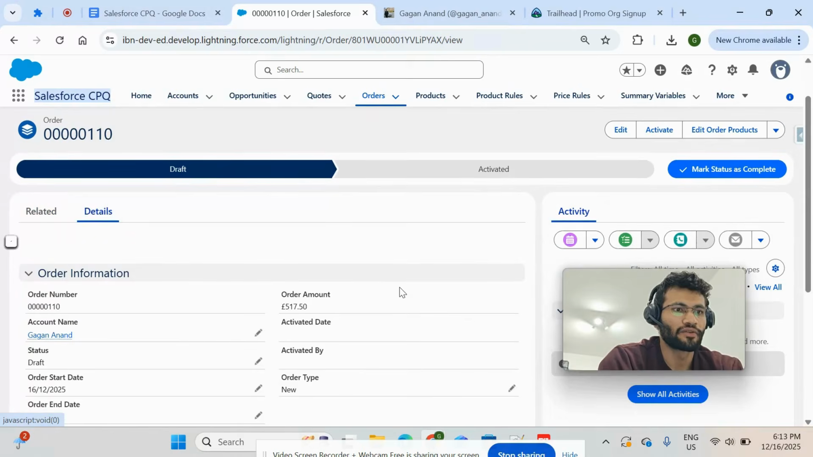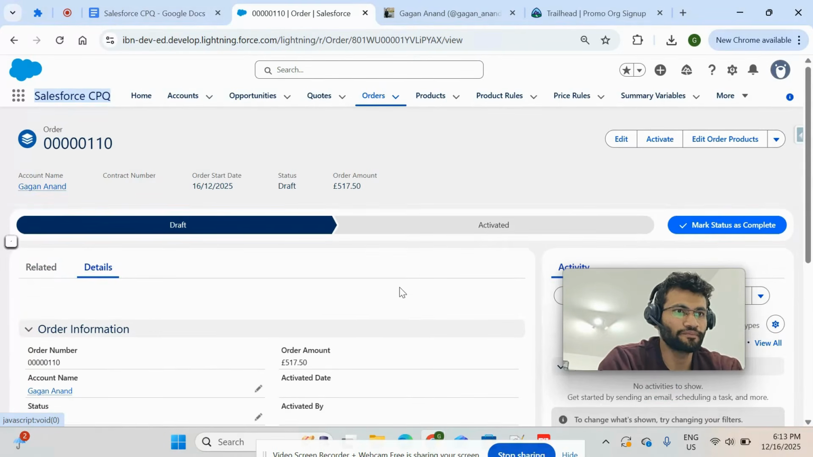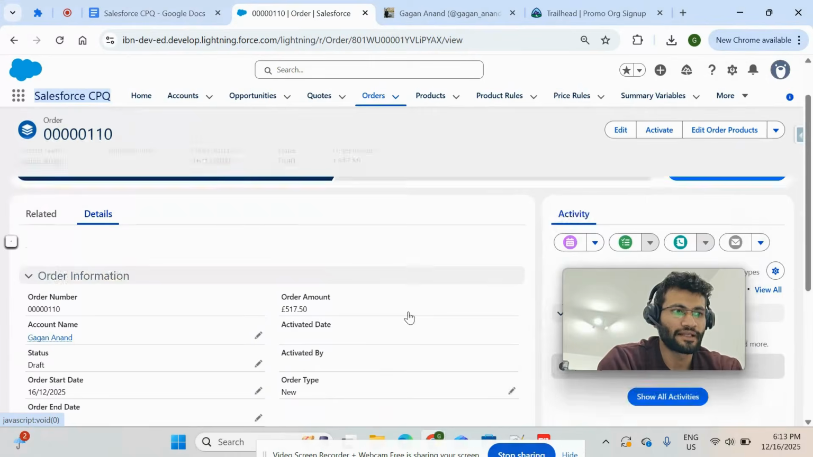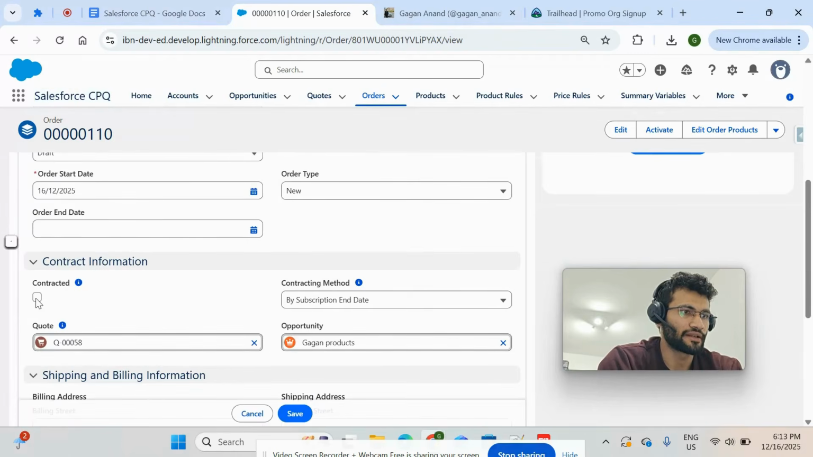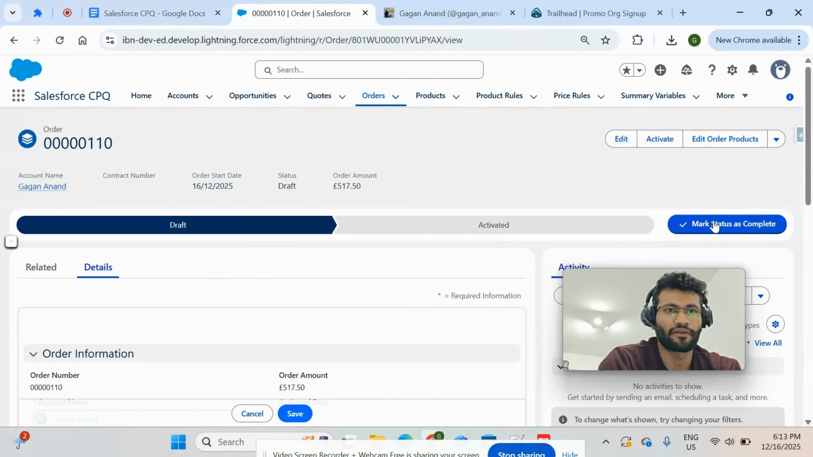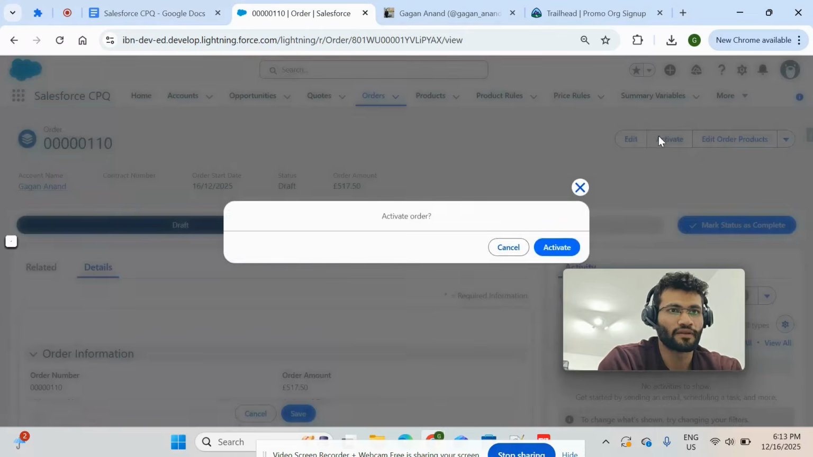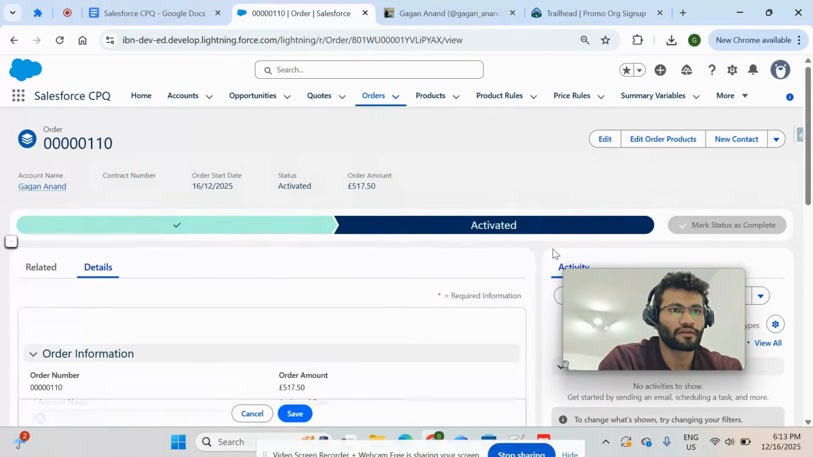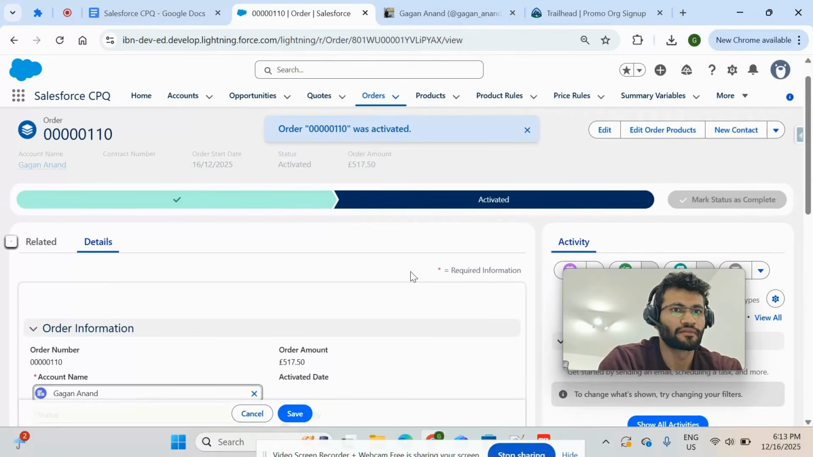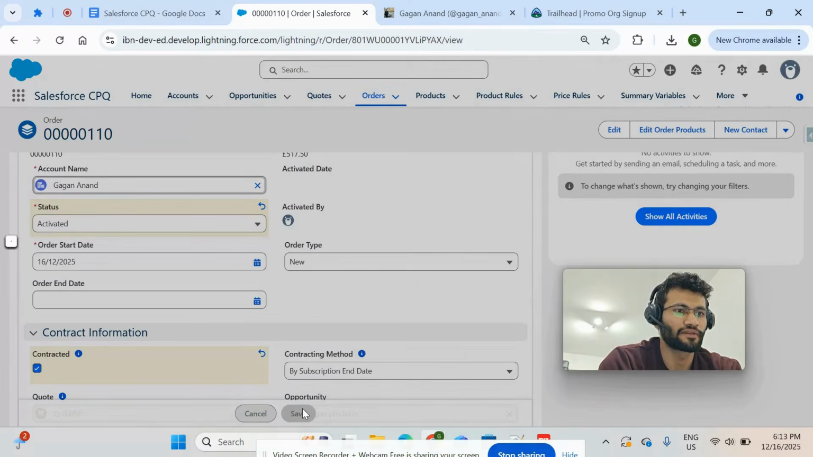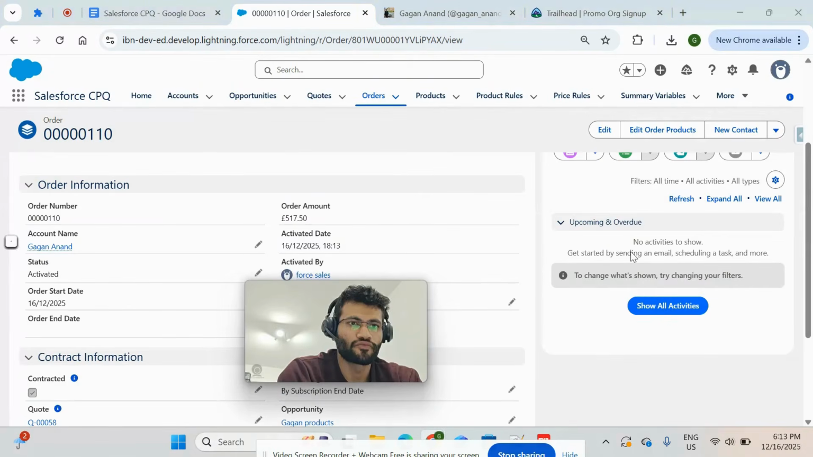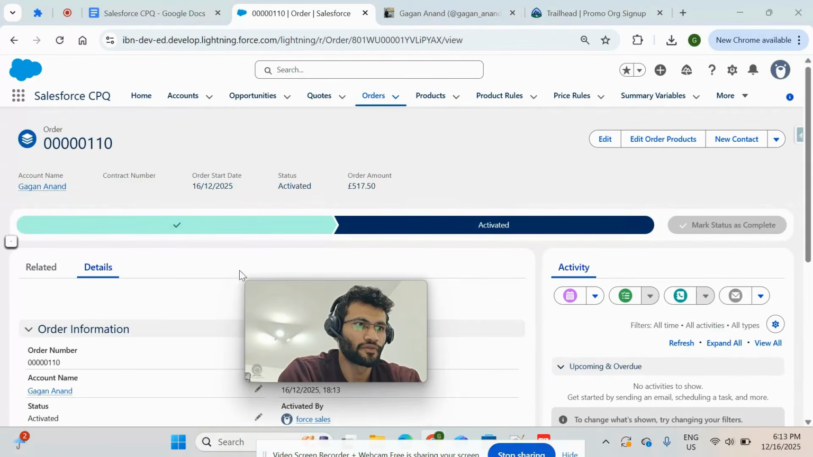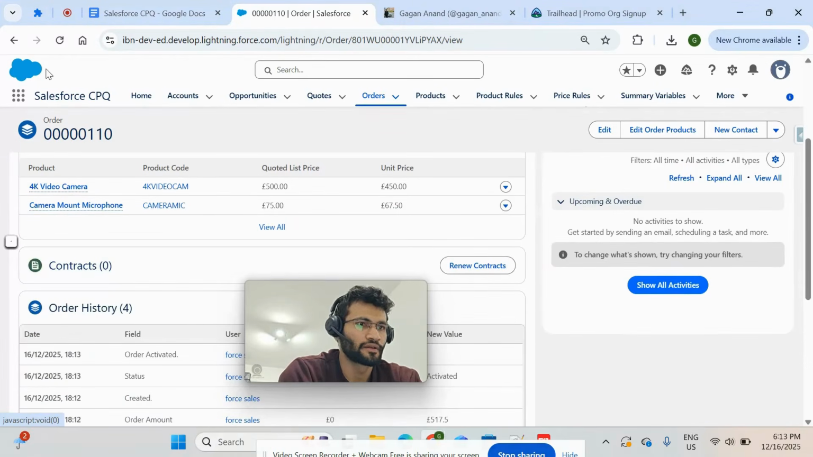Now, if you want to create a contract, first of all you have to activate this order, and then there is a checkbox called contracted. So you have to click contracted, and then activate this order, and then a contract will generate in the background. You have to save this as well. So if you go to related, if you refresh it,